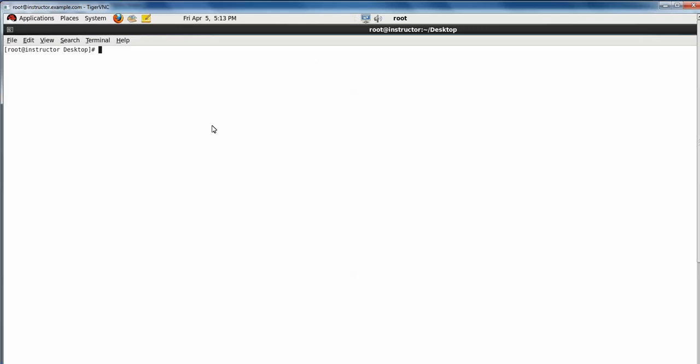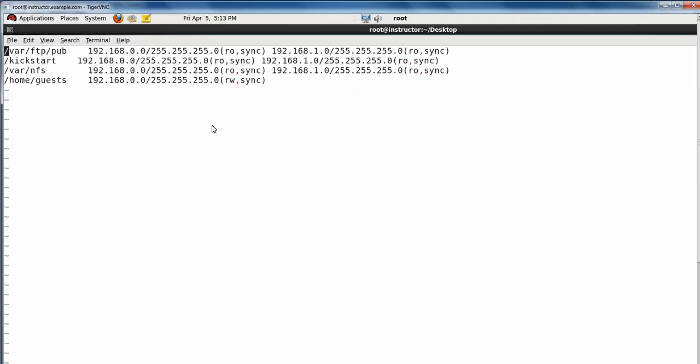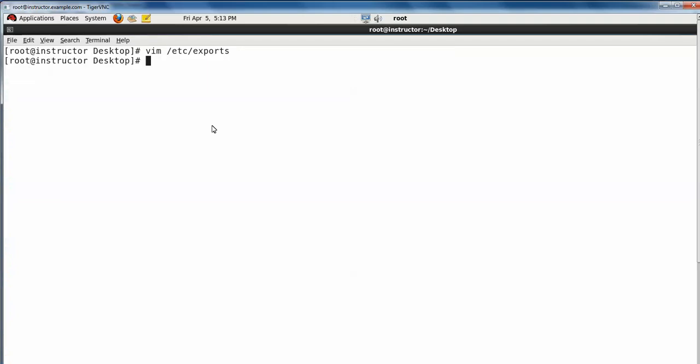See, I'm in instructor, that means I'm in the server. vi /etc/exports. Here read-only permissions are there, FTP and NFS home guest file. Save and exit. Now I'm going to assign SELinux here. setsebool, what are the bools, we don't know. So for that, getsebool -a